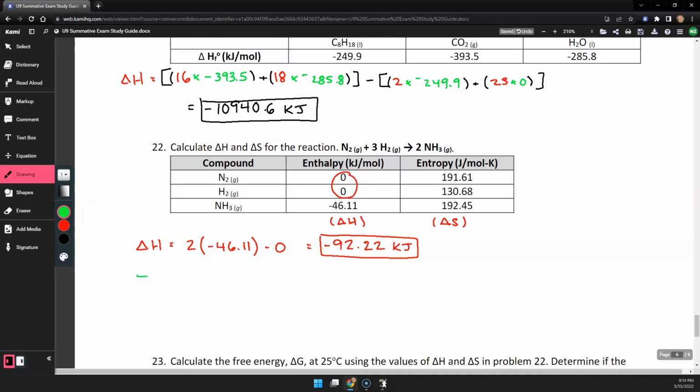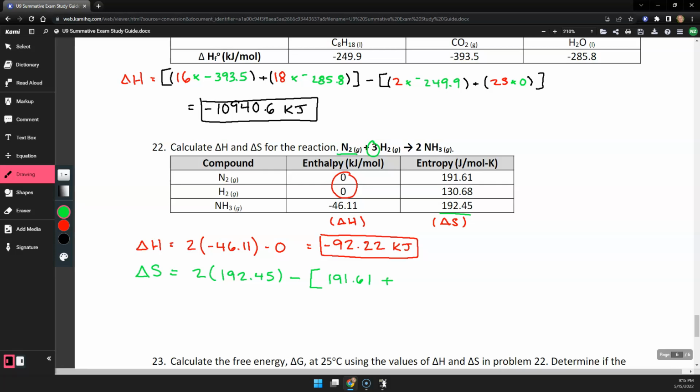Okay, for delta S, our entropy, we didn't get as lucky. We've got numbers for everything, no zeros. Okay, so products, so 2 times our NH3. Our NH3 value was 192.45 minus the reactants. So we have N2. Okay, it's just by itself. So N2 is 191.61